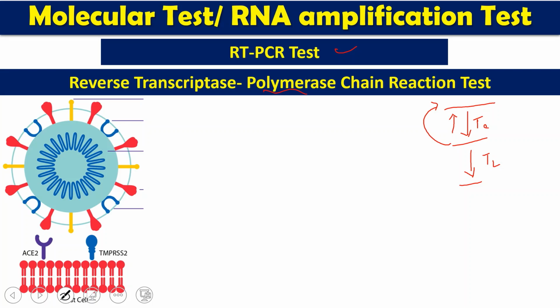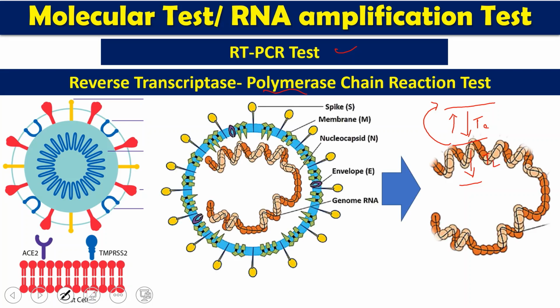So this is a coronavirus. You know that this RNA coronavirus spike protein binds to the ACE2 receptor on our lung cells. This is how it is going to bind. And for this spike protein, there is a gene, there is RNA, meaning a nucleic acid genetic material, which is inside the virus.